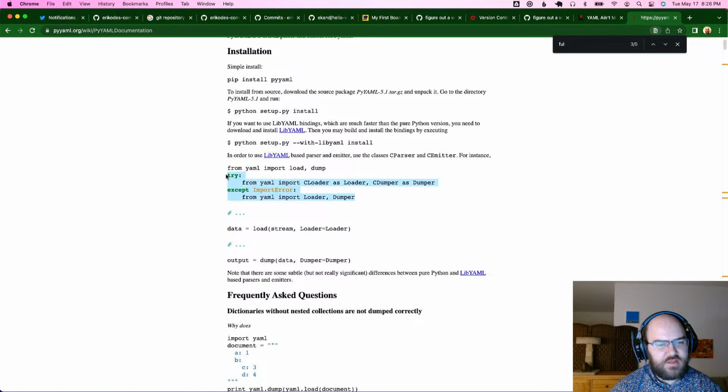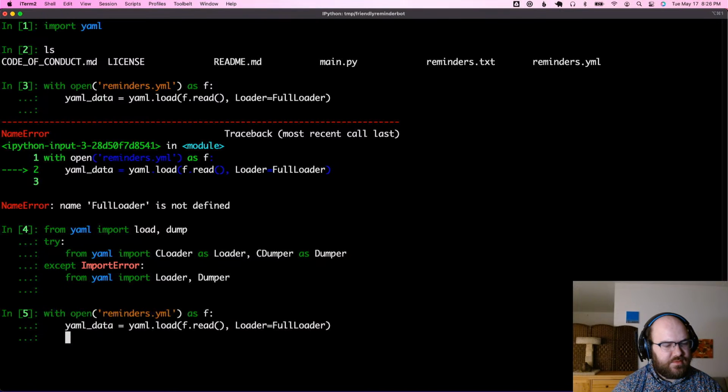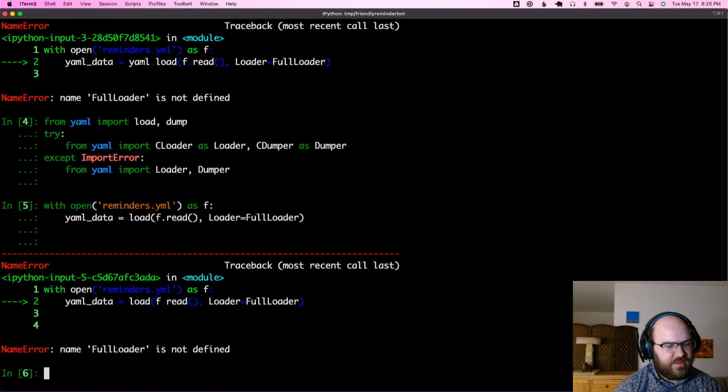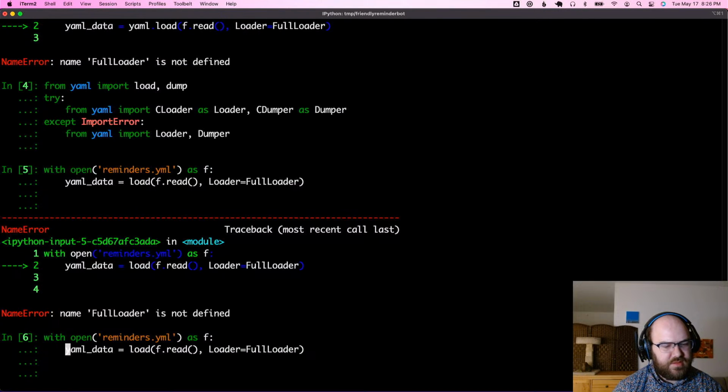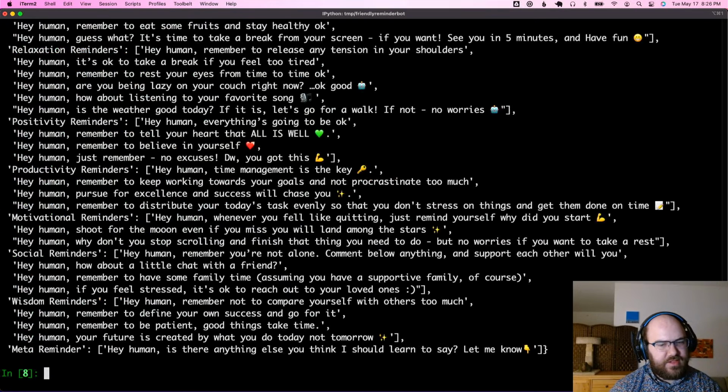I guess you have to do this stuff. Okay. With open such and such, yaml_data = load. Oops, I had that at the end of the line. Loader equal loader. There we go. So now that was a lot of